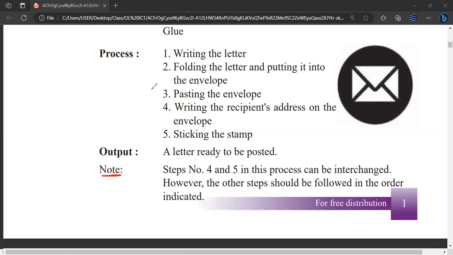Of course. If you take steps 2 and 3, you can't paste the envelope first. After pasting the envelope, can you fold the letter and put it into the envelope? You can't, right? So that's what they are saying. However, the other steps should be followed in the order indicated. From this, you need to learn that some steps can be interchanged, but some steps cannot be interchanged, right? Got it? Then moving forward,